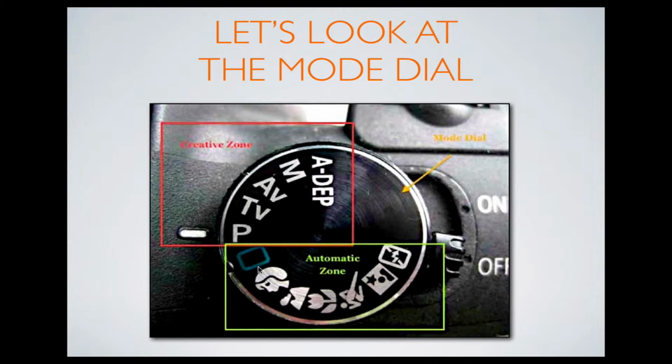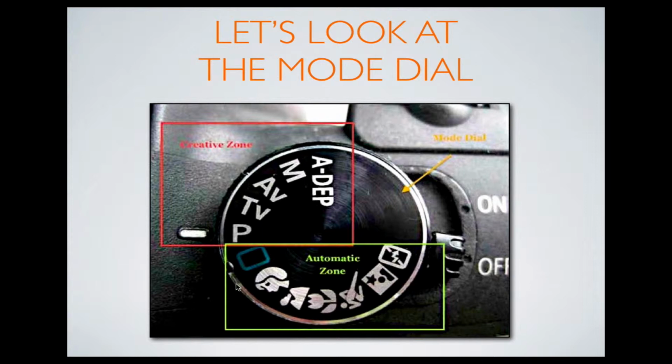The first one here is the green auto, or the green square, or it could be a green smiley face. Pretty much it's the full automatic mode. Now if you're using your camera just very basically right now, that's probably the setting that you've been using, and that's good. You will find at some point that it will become restrictive for you and you'll want to push yourself on a little bit in your photography, but that's okay. You know that you can pretty much switch it to this green auto and it's going to give you a fairly well exposed shot. The next one down here is the portrait mode, and that is for taking photos of people,